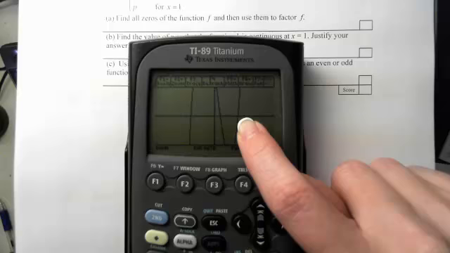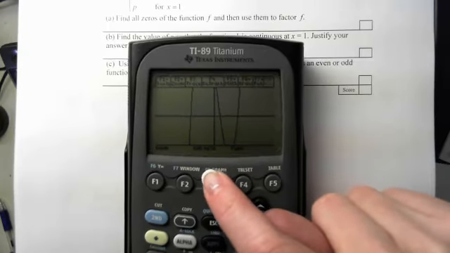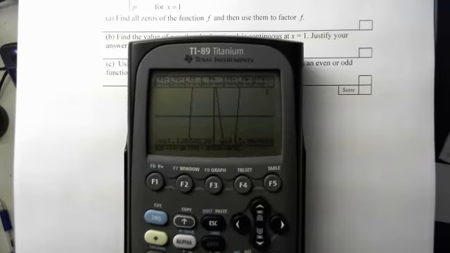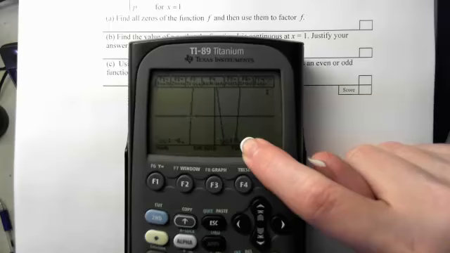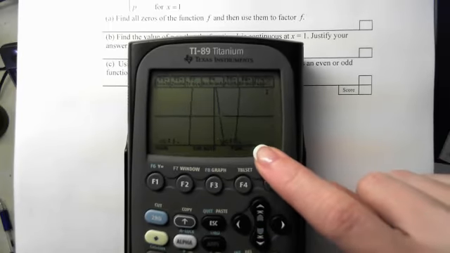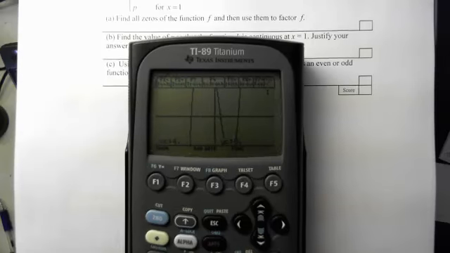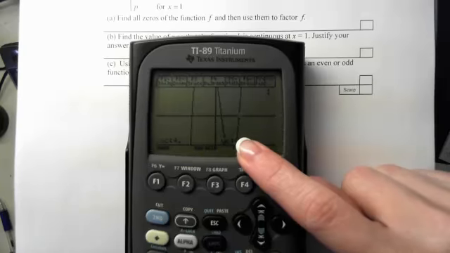We could verify that those are indeed the zeros by hitting F3 for trace and typing in -4 and verifying that yes, indeed, we got 0 out. We can type in 1, verify we got a 0, and we can type in 4 and verify that we got a 0. Now the other way that we do it is to use our old algebra menu from the home